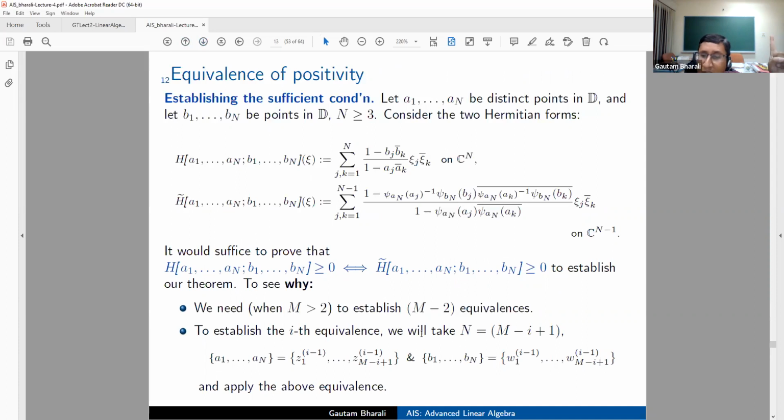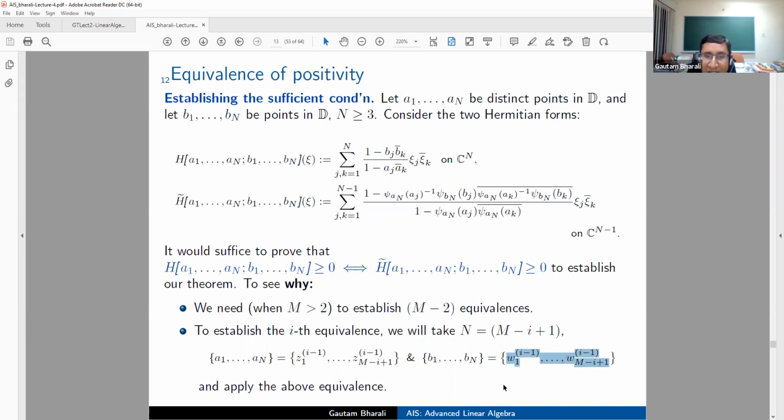So what is the first equivalence? We take capital N to be M minus 1 plus 1. In other words, we take capital N to be M, which is exactly what we want. The first equivalence involves an M by M matrix. And so the A's that I see up here will be replaced by these numbers. For the first equivalence, i is equal to 1, so this superscript is 0, and I have nothing but Z1 through Zm. And these B1 through Bn are nothing but W1 through Wm. Having then established an equivalence with a matrix whose size is 1 smaller,